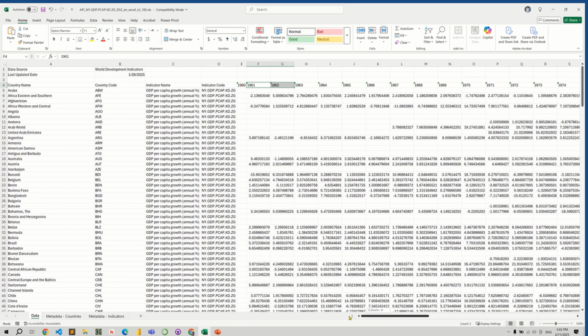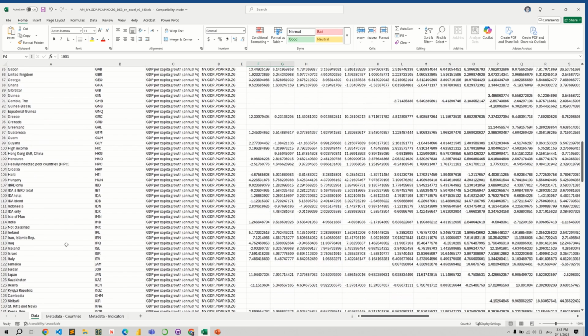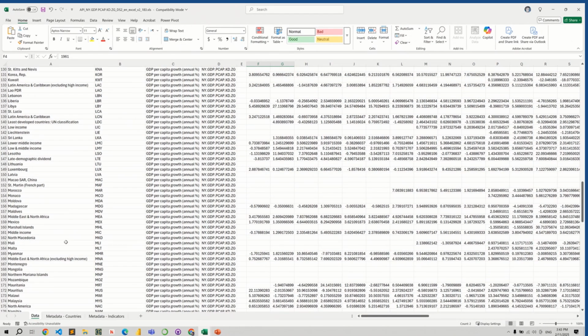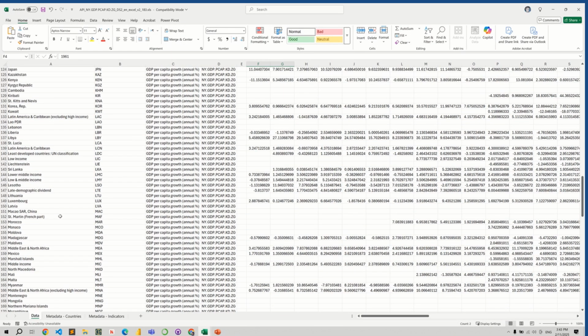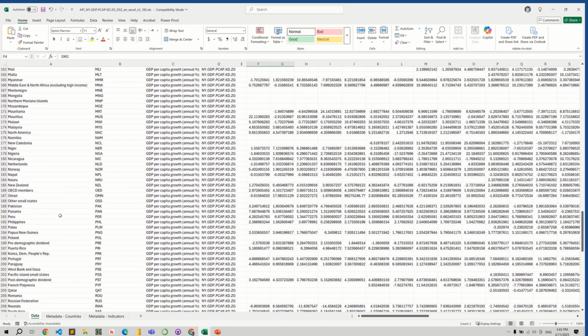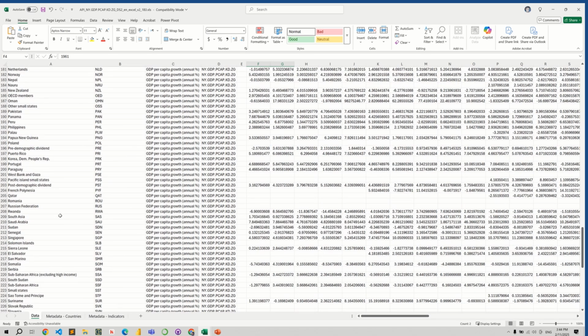worksheet. Because I'm Singaporean and I live in Singapore, I'm just going to find my country, Singapore. Where is it? I can actually Control F and find it, but I want to see all the other countries also. Wow, there's a lot of countries. Never mind, I'll just stick with Singapore over here, which is 213. Okay, you can just